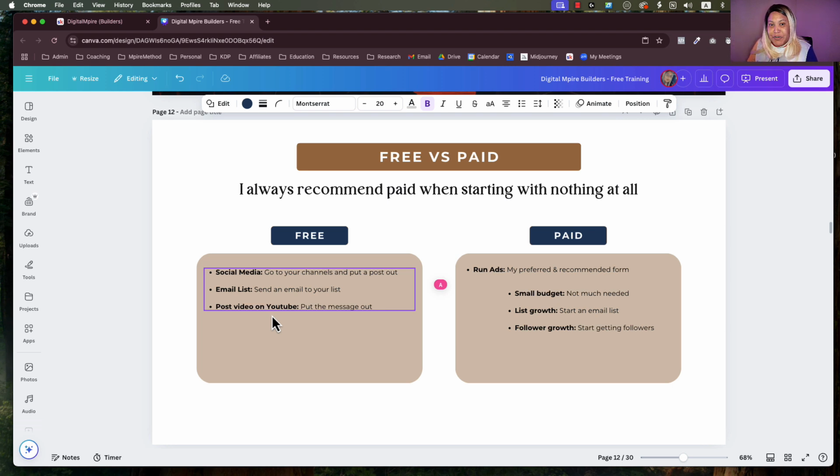Same situation here. When you start you're using paid because you have no free. So when you start using paid enough to where now you have this free, you're able to utilize the free method, you can stop even dealing with paid and just promote straight to the free. You see what I'm saying? So it works the same way. It's just how you do it. And in the beginning, it's always best to go paid when you're starting with absolutely nothing. Okay? So that is my 2 cents on that.